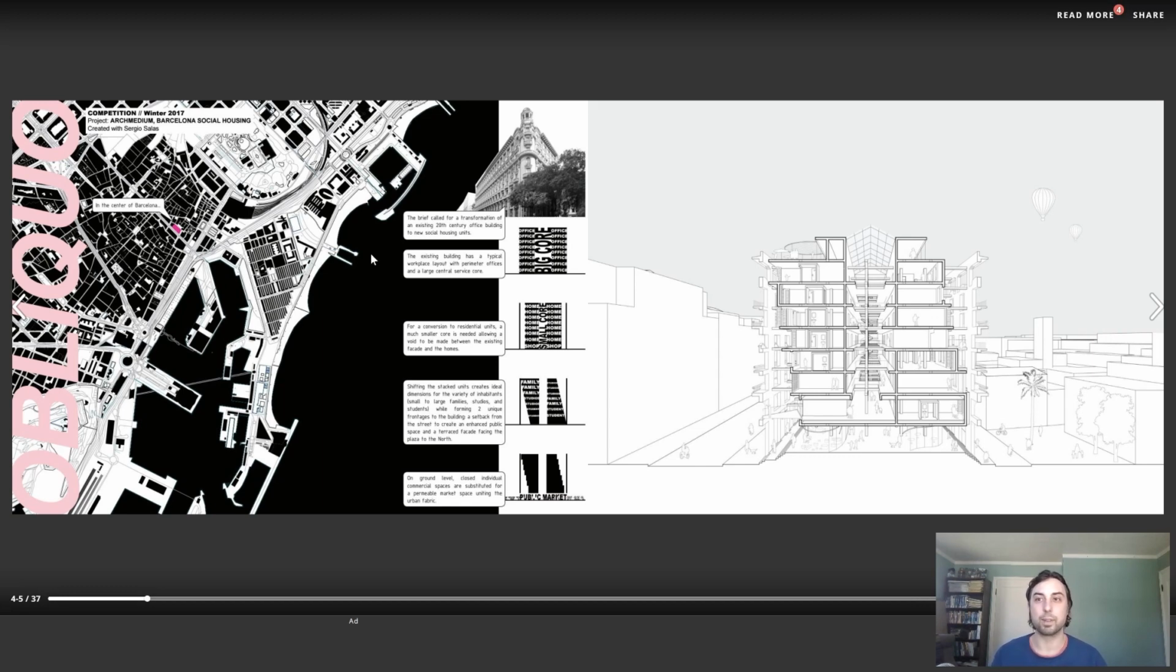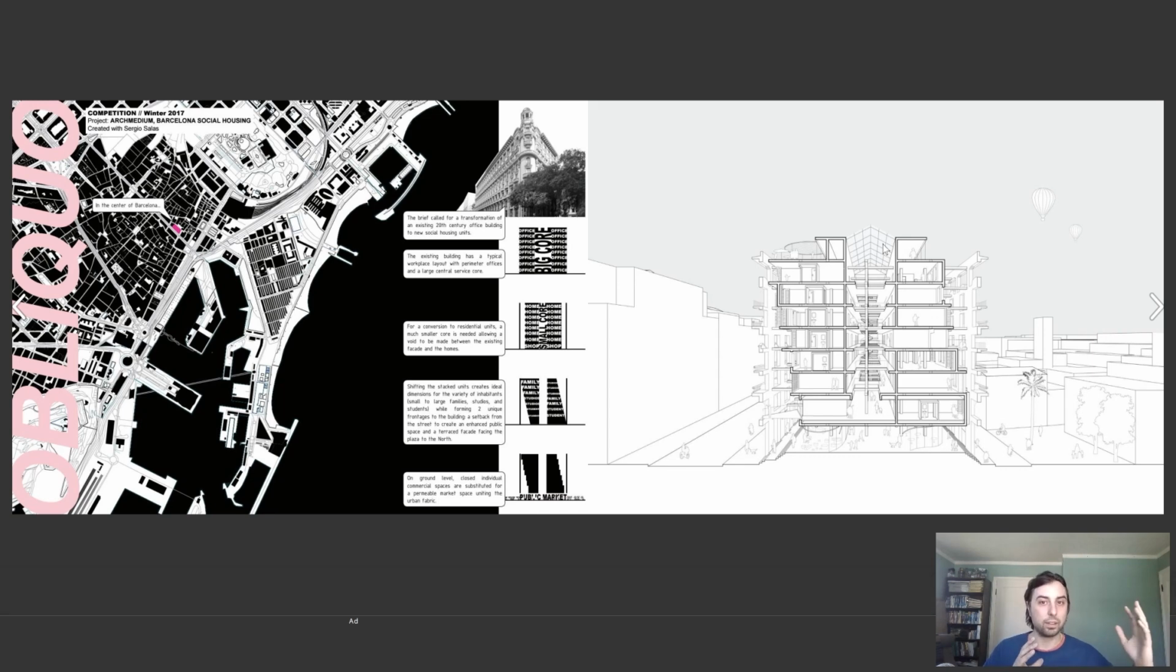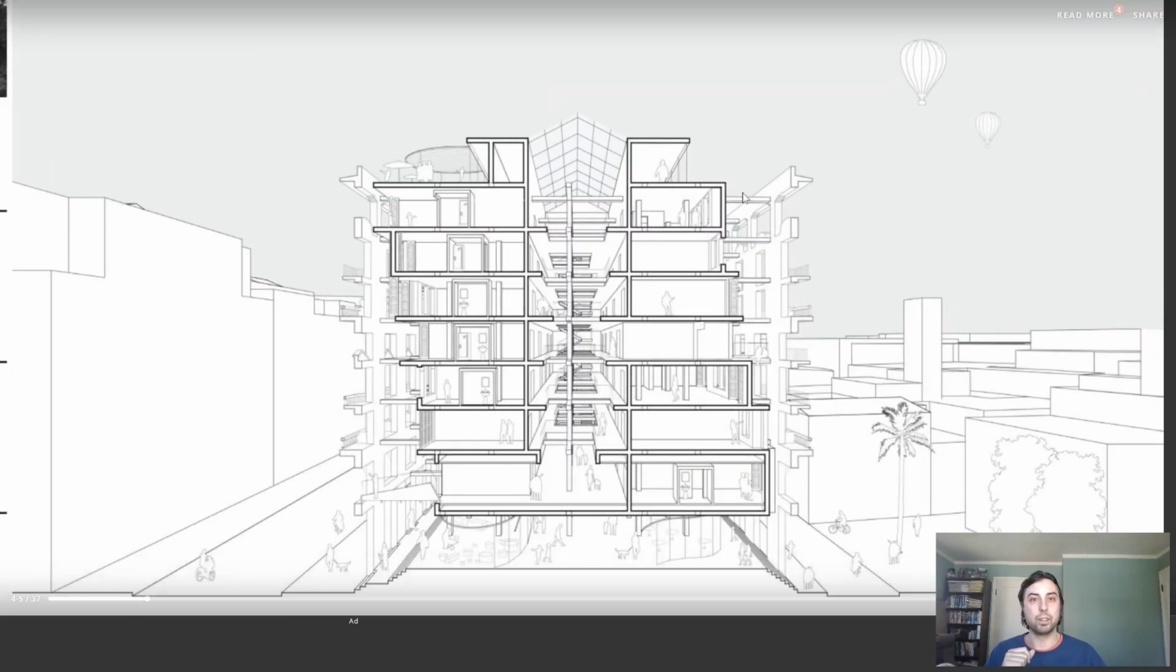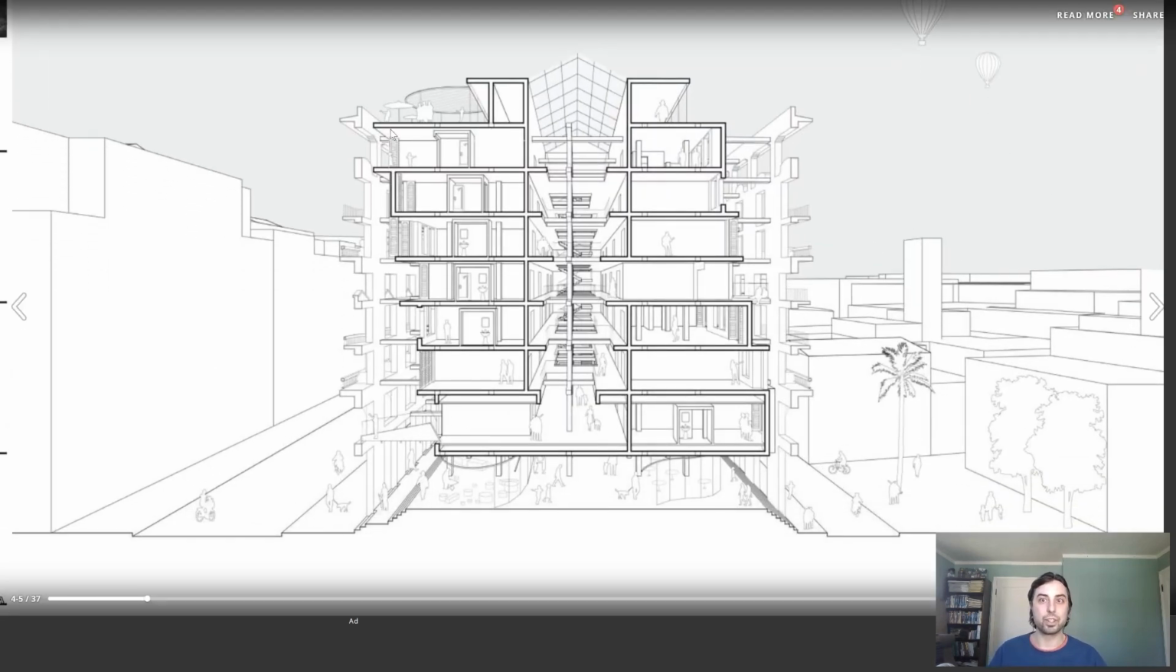So this is my most recent project when I started, winter 2017. It was a competition I did with my friend Sergio, for renovating an existing government building in central Barcelona, turning it into social housing. We took this whole government building, stripped out the interior, and inserted, which you can see very clearly in the section,